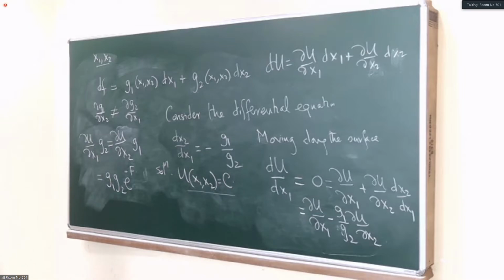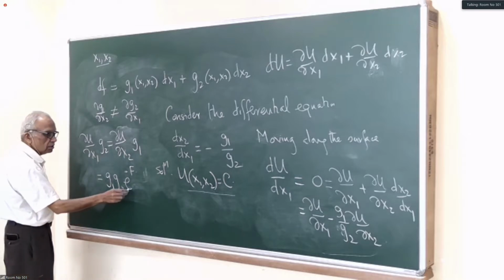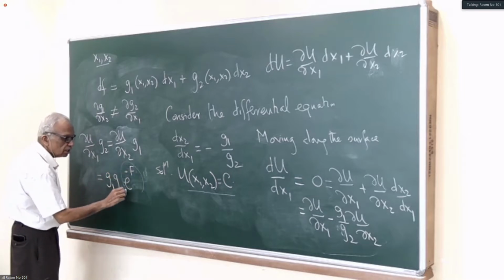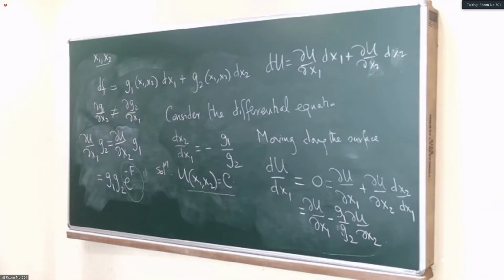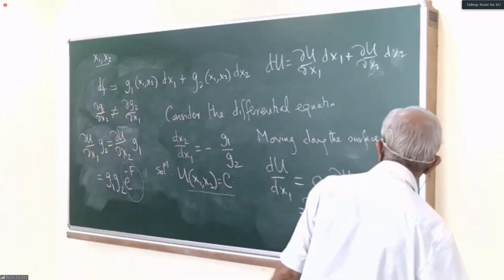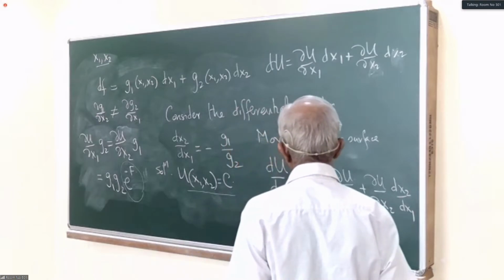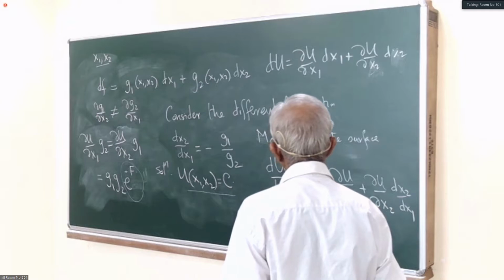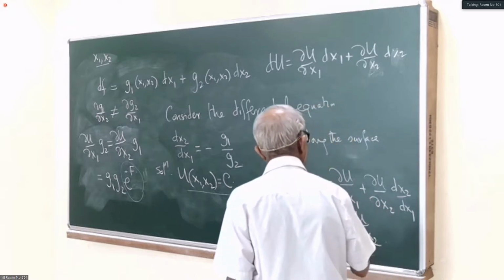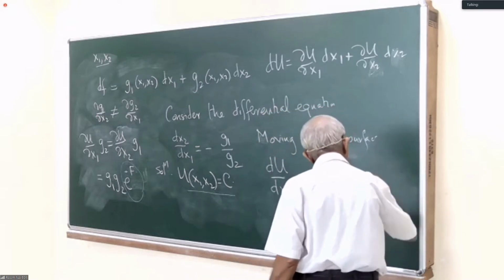So g1 g2 e to the power minus F, this factor that I have put in over here has an interesting property that it makes your dF that I started out with